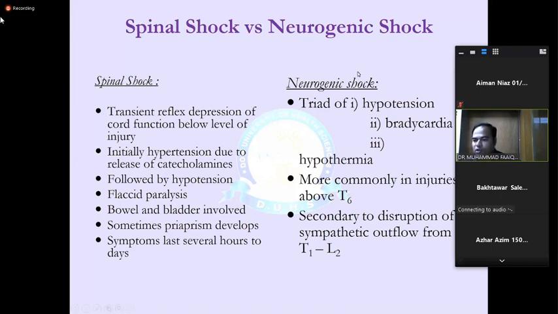And what is neurogenic shock? Very easy, you already know. Neurogenic shock is because of the loss of sympathetic tone, which results in accumulation of blood in the venous channels. Because of that, the patient develops hypotension, and again because of the loss of sympathetic supply, the patient also develops bradycardia. So it is neurogenic.